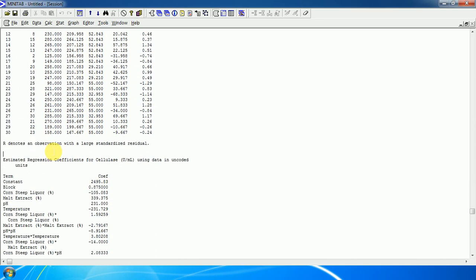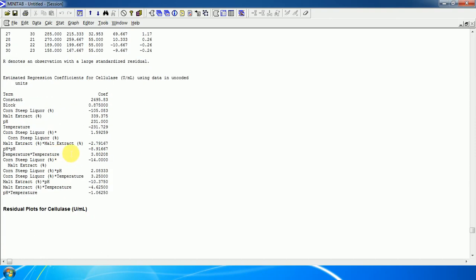So that's how we can conclude, and this has been shown. This is the interaction between corn steep liquor into corn steep liquor, malt extract into malt extract, temperature into temperature, then corn steep liquor into pH. So this regression equation can be generated.